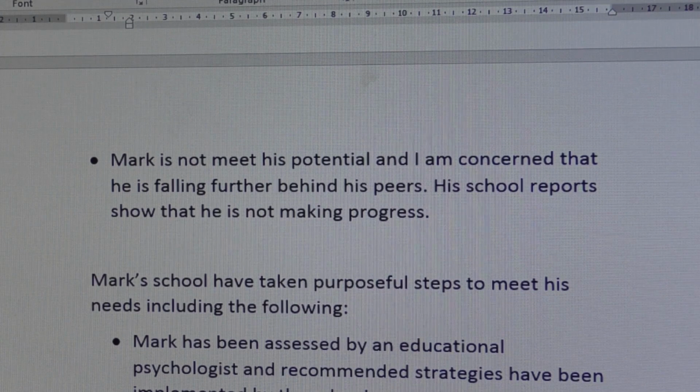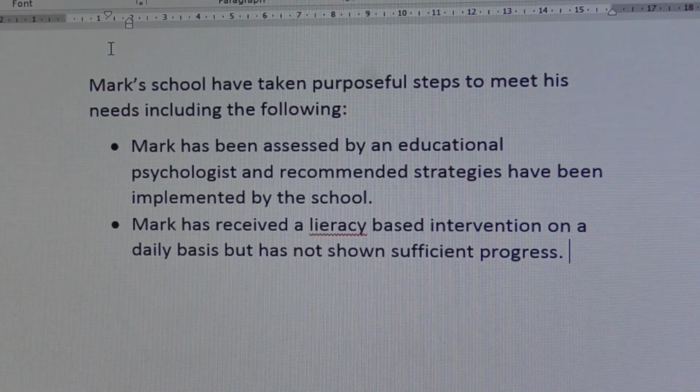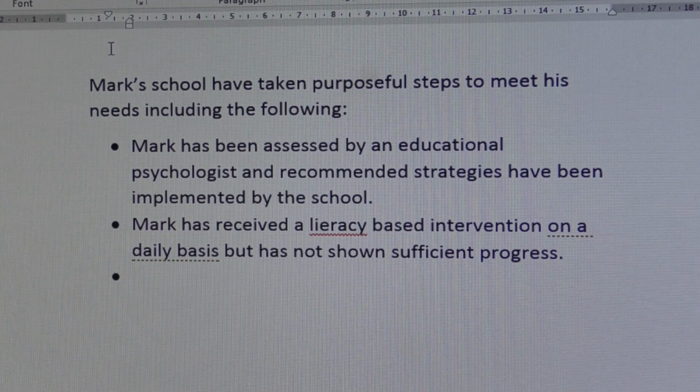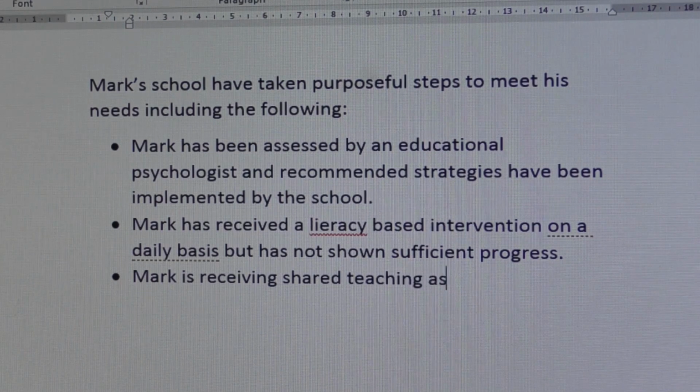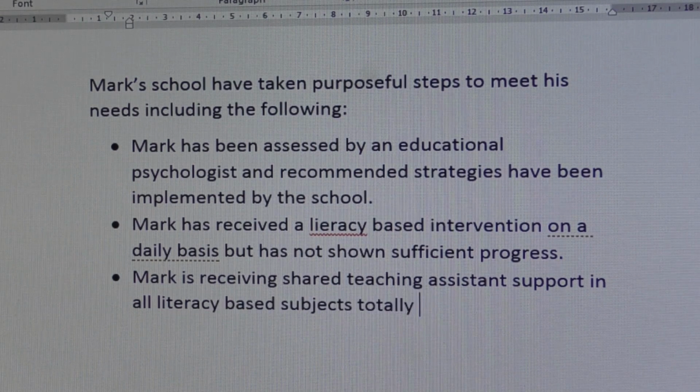Mark has received a literacy-based intervention on a daily basis, but has not shown sufficient progress. Mark is receiving shared teaching assistant support in all literacy-based subjects, totaling